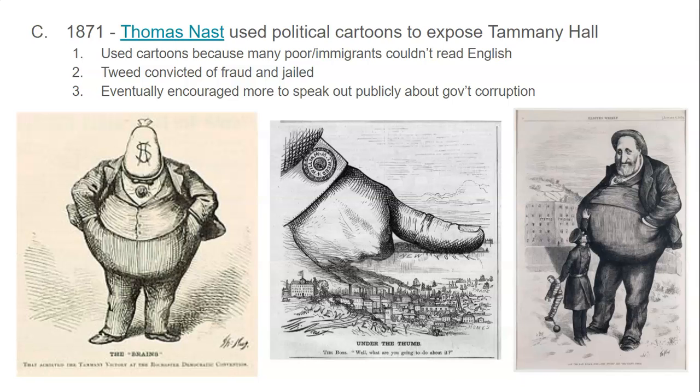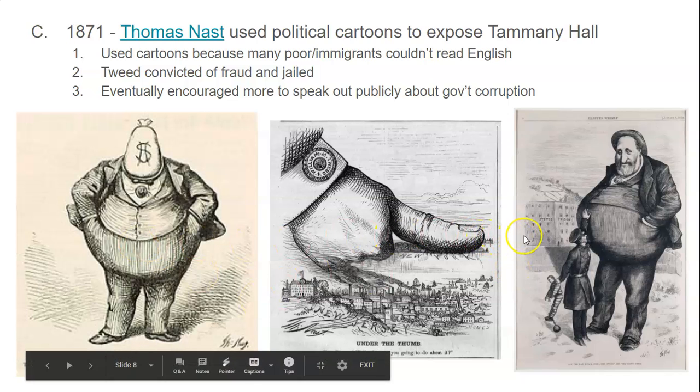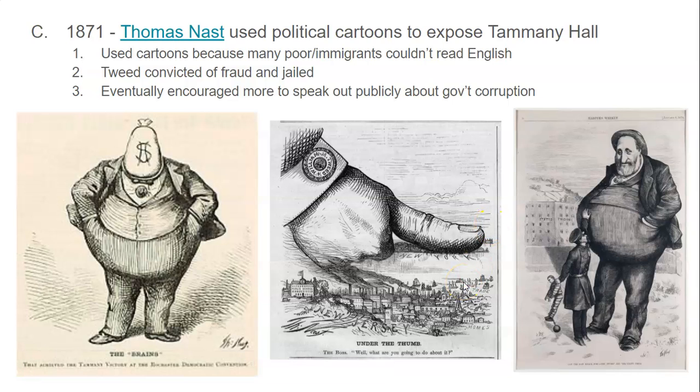So he used cartoons, and the symbolism and illustrations in his cartoons, to get across the point that Boss Tweed was a bad guy. So here are some cartoons here. I won't go too deep into them, but you can definitely tell. I mean, that's Boss Tweed. There he is too, being above the law, having money on his mind, having his thumb on New York City, kind of saying he controls it. So there were definitely a lot of cartoons that exposed the negative side.